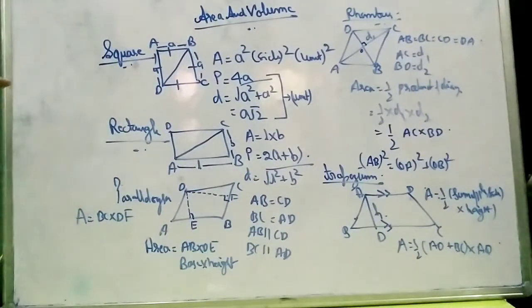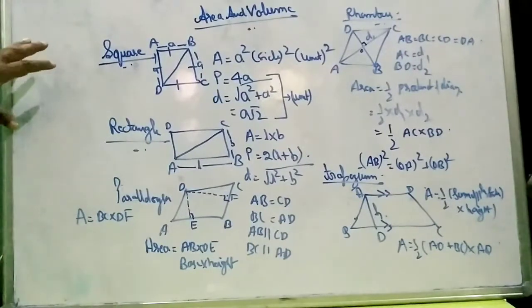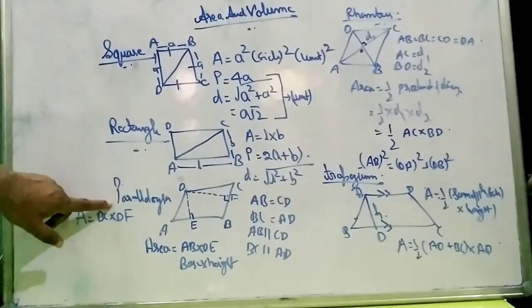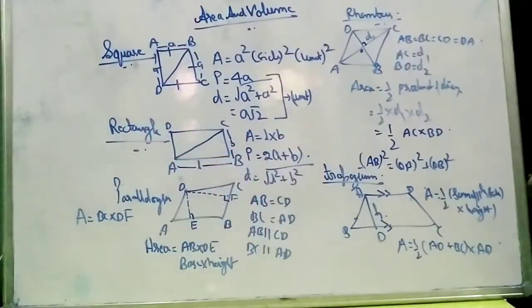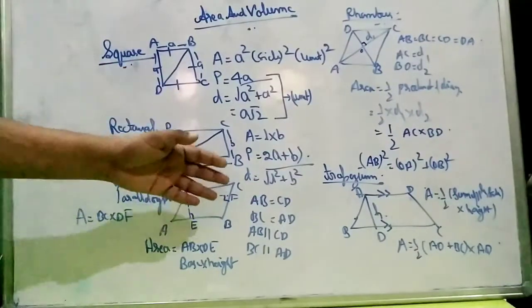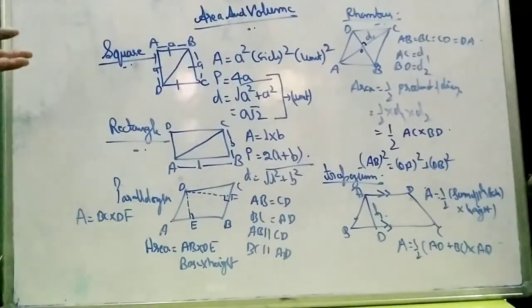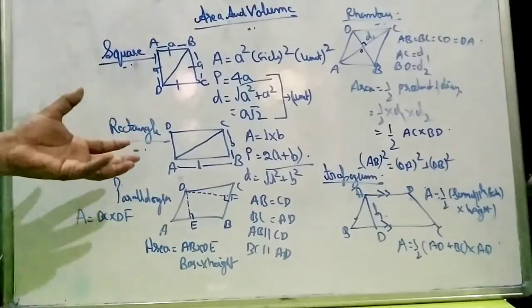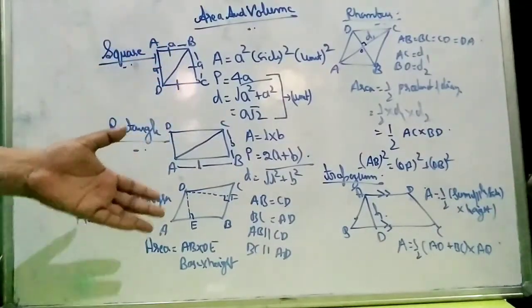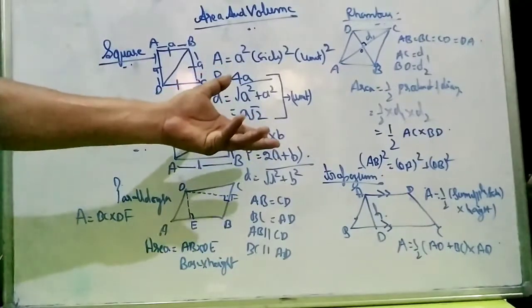These are the formulas of general quadrilaterals which we are using: square, rectangle, parallelogram, rhombus and trapezium. On the basis of these formulas, you will be having sums. It is very easy. These formulas are in class 6th, 7th, 8th and 9th. Some extra formula for diagonal is introduced in class 9th. If you are calculating area, its unit will be unit square, and when the perimeter and diagonal are calculated, it will be centimeter or meter, whatever the unit is given.